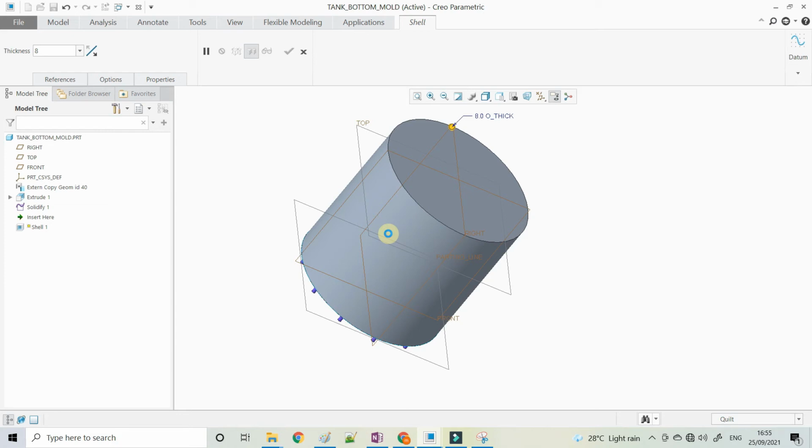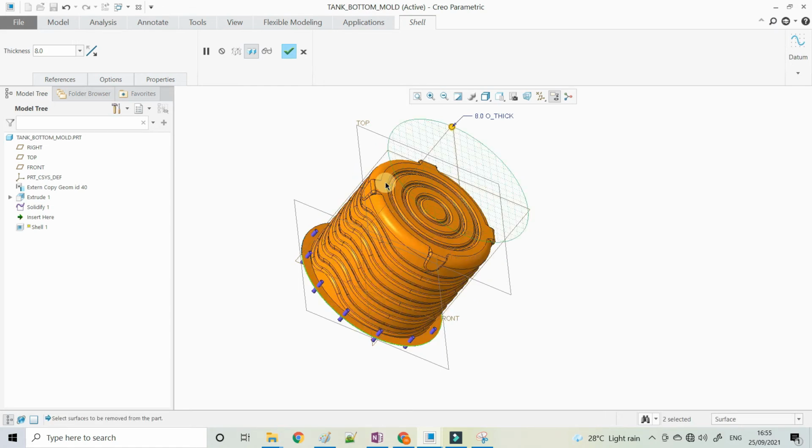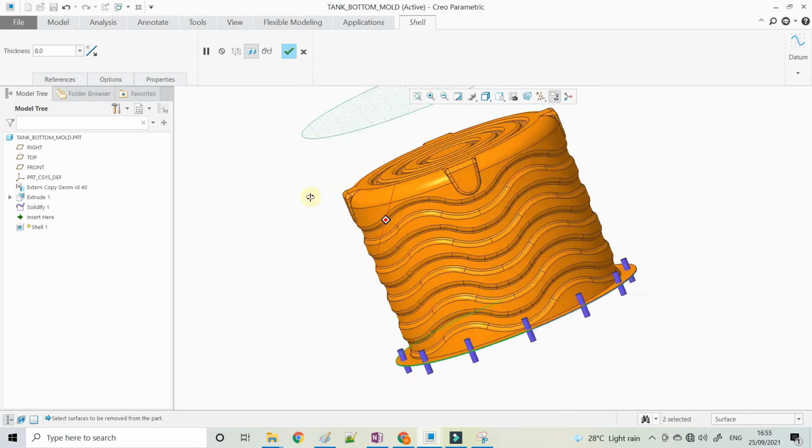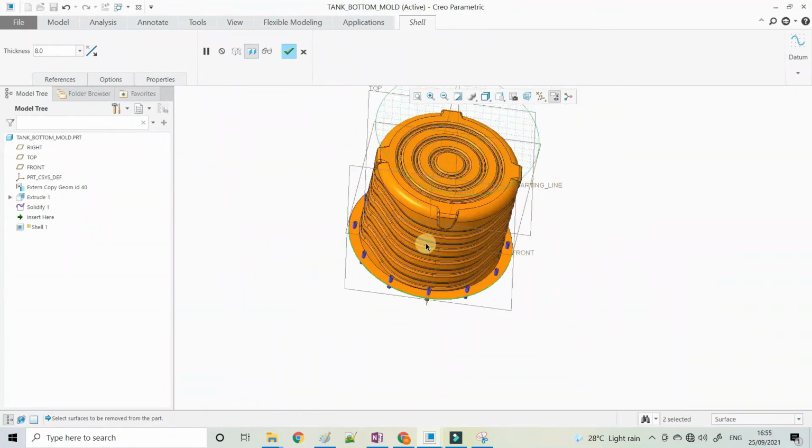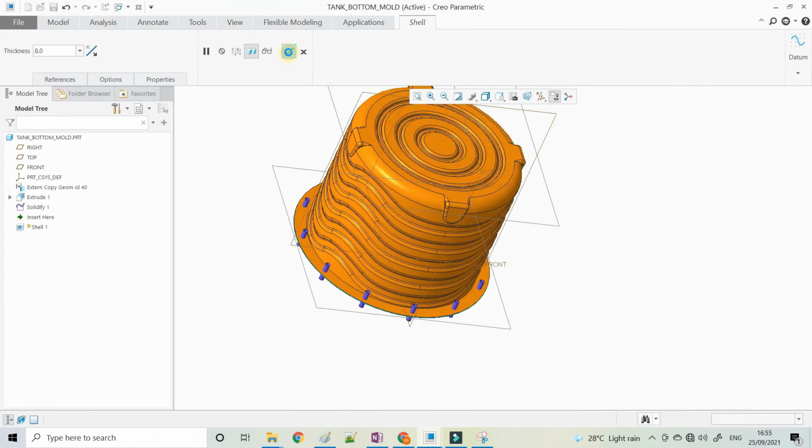8 mm thickness for the mold. Now I will show you how to apply the variable thickness. So here it is 8 mm thickness for all the surfaces.